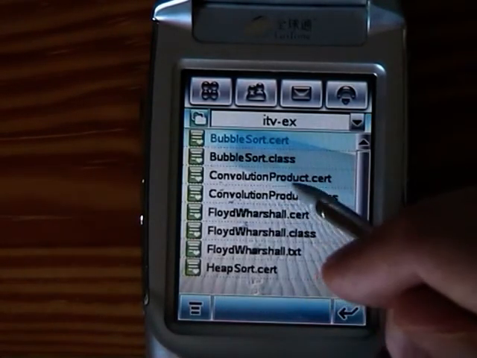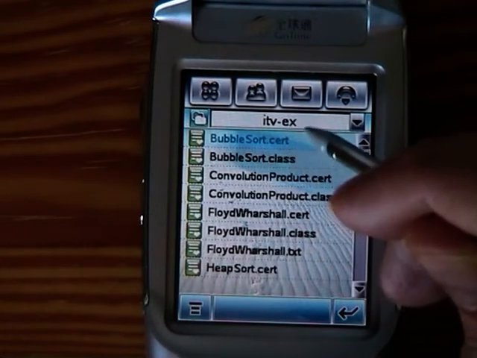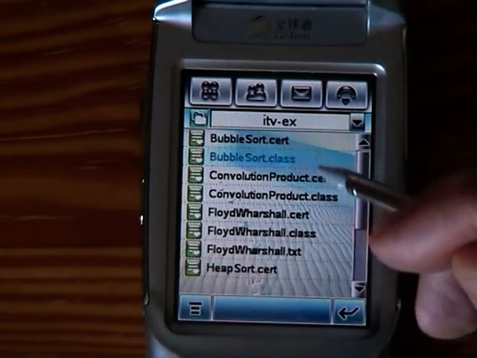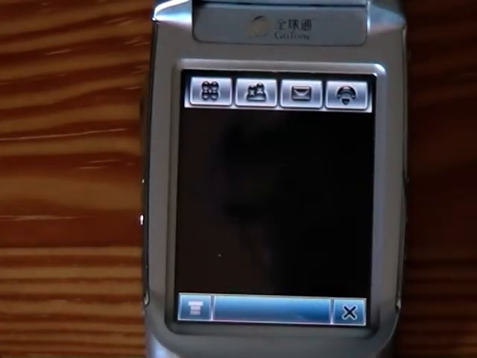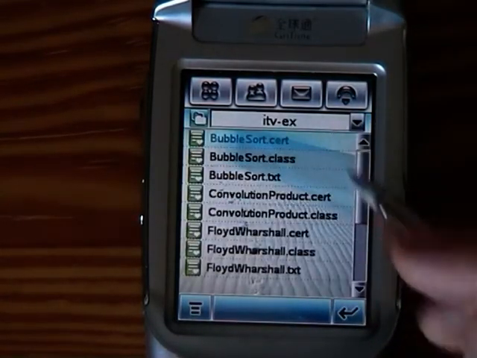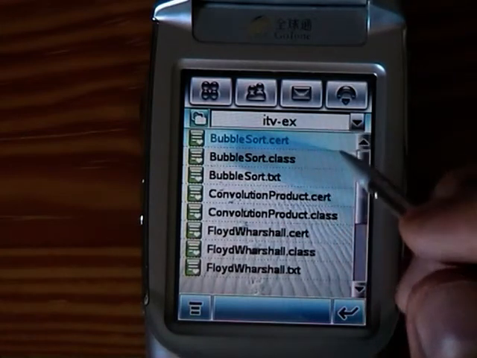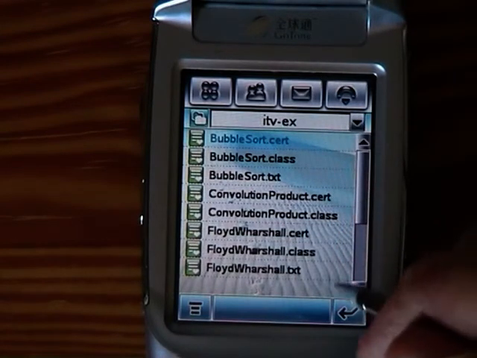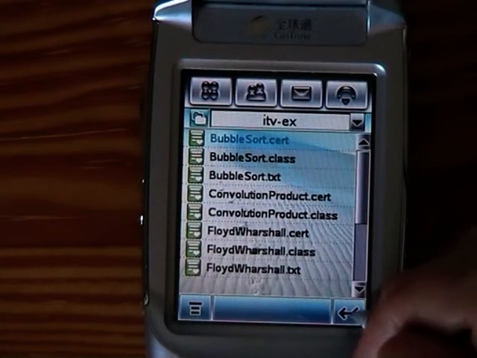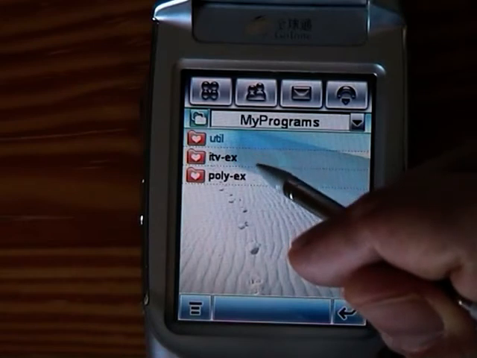And okay, my midlet is checked. Let's try another one. Each time I produce also a text file which is just the written result of my experiment. Okay, so let's look